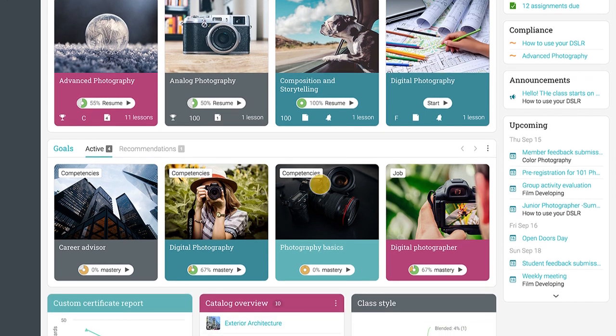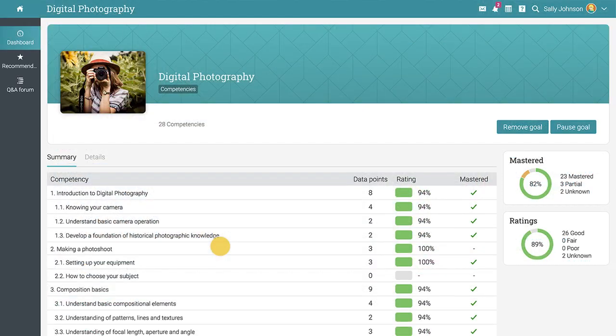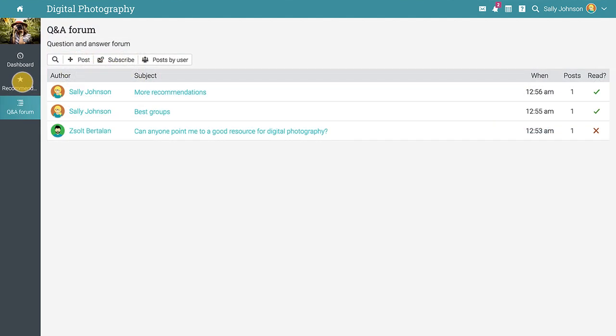When they click on a goal, students see the dashboard that shows which competencies have been mastered and which they still need to achieve. They can also visit the Q&A area to collaborate with other users that are part of the same forum. Now you know how to use the skills